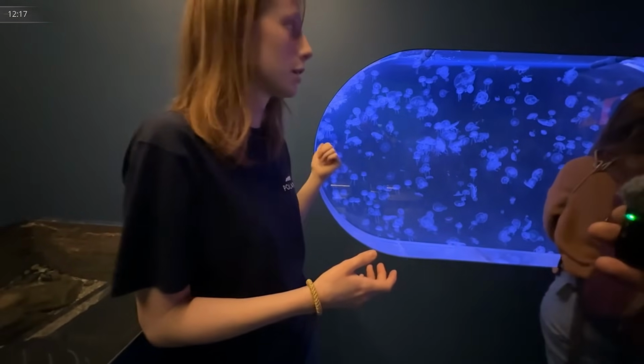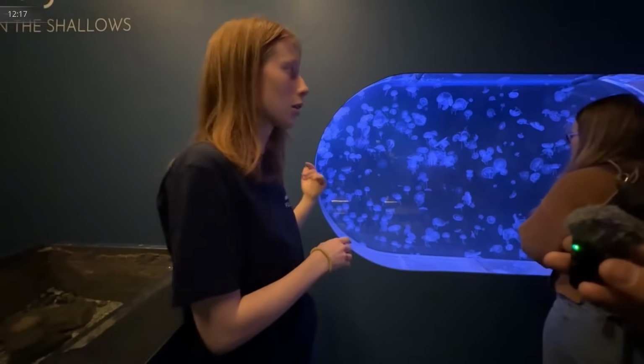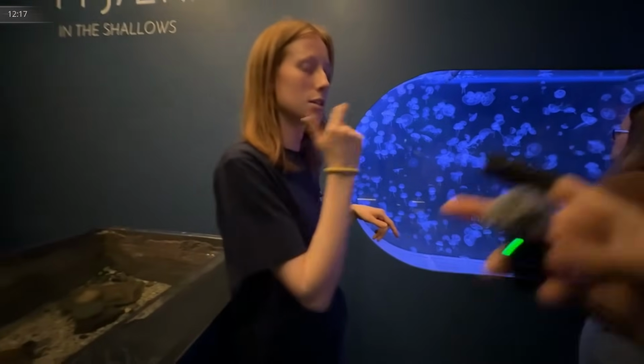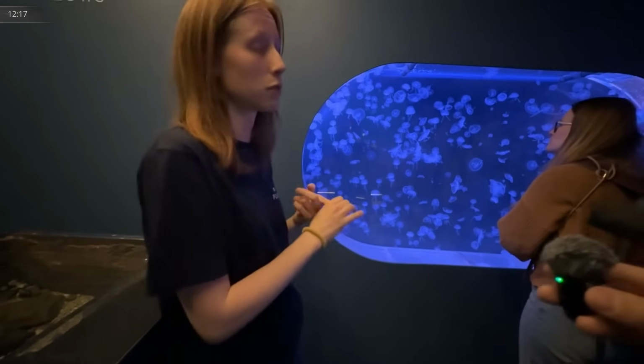They actually have the capability to go back. So they will never die if they're not eaten. Okay, so they can go back to the polyp stage and then go back to the medusa stage and go back to the polyp stage. Do they do that for reproduction purposes, or why would they do that? They can do it to reproduce,